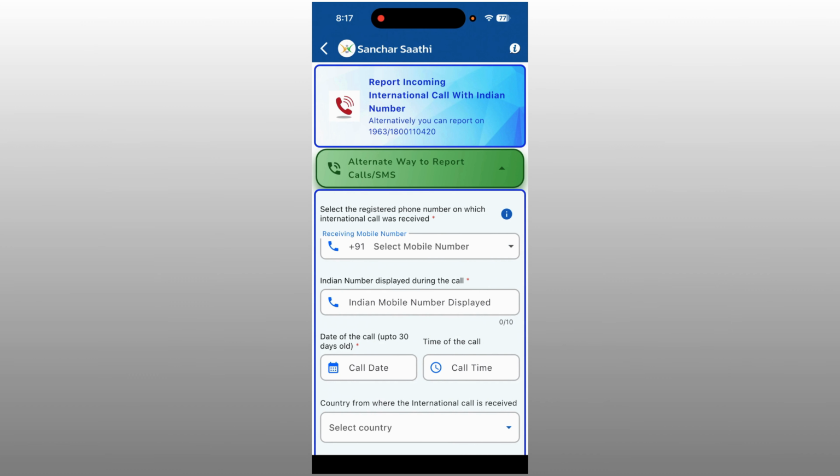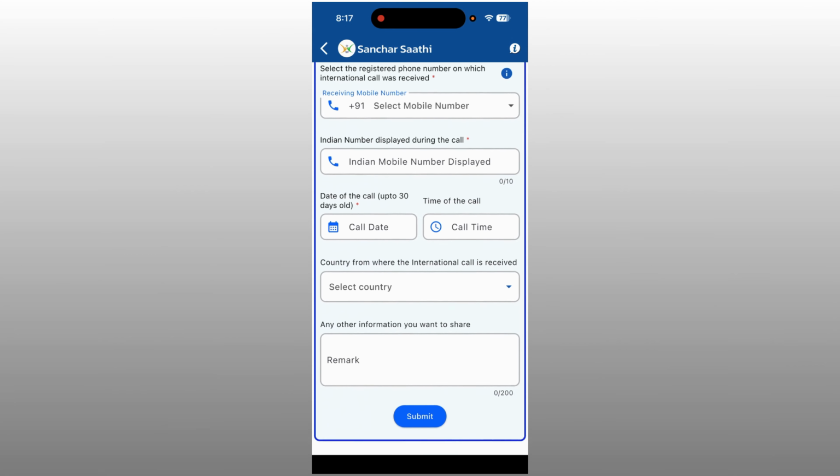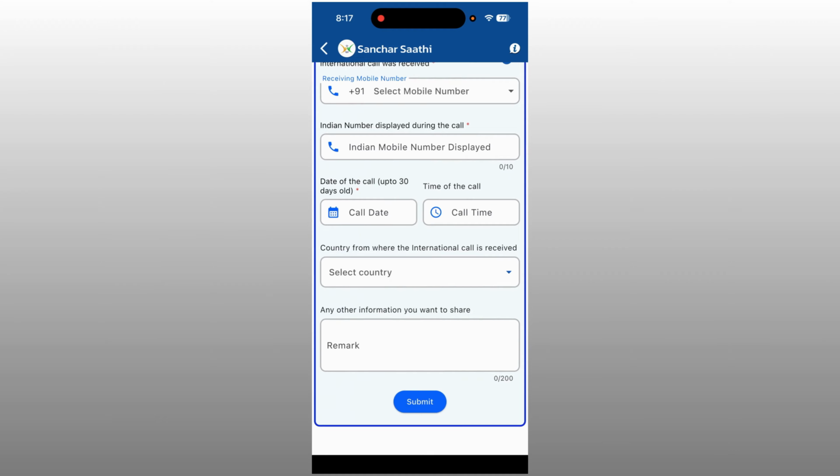Here, enter the mobile number from which you received the suspicious call. You can also provide additional details about the call if required. After entering the details, simply click on the Submit button. This helps telecom authorities identify scam activities and protect users from fraud calls. So if you ever receive a suspicious international scam call showing an Indian number, make sure to report it through